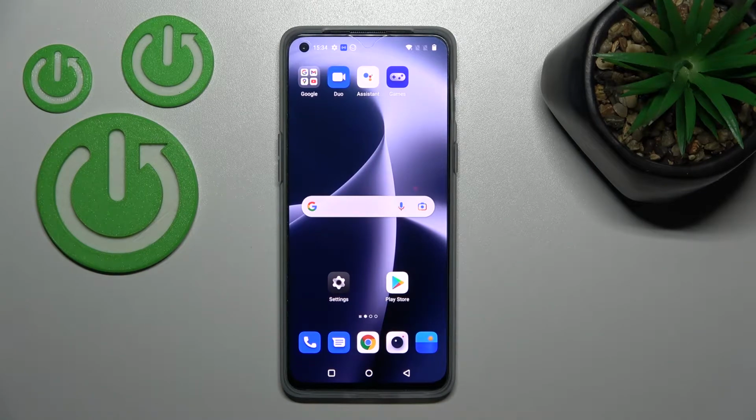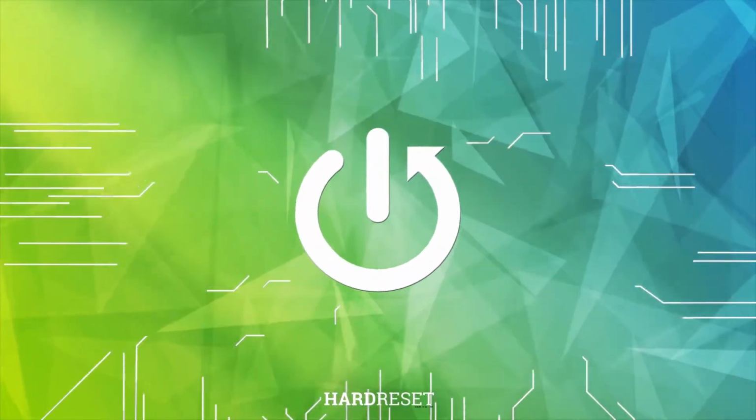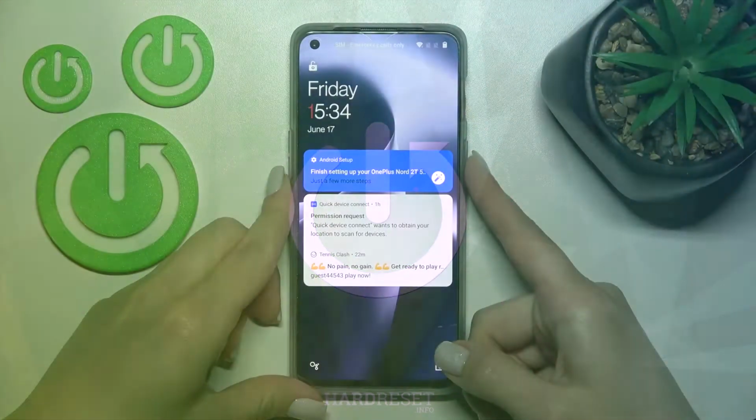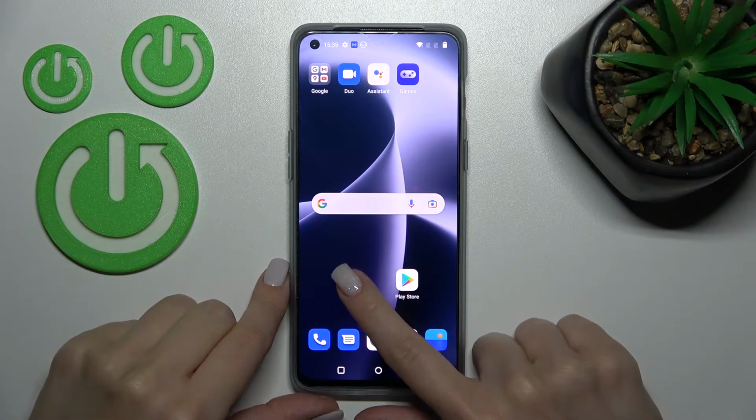Welcome, today in front of me is the OnePlus Nord 2T, and I'll show you how to change the lock screen wallpaper on this device. So now we have the same wallpapers on the lock and home screen, and to change the lock screen wallpaper, click once on the settings section, application,